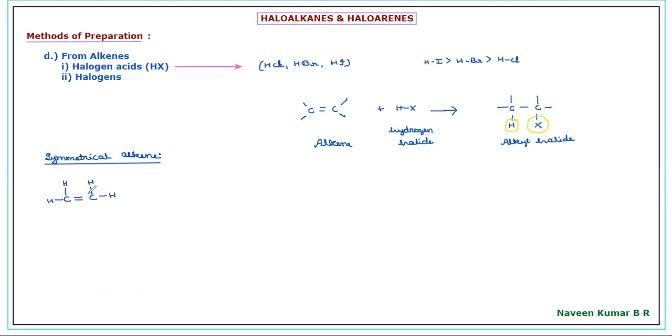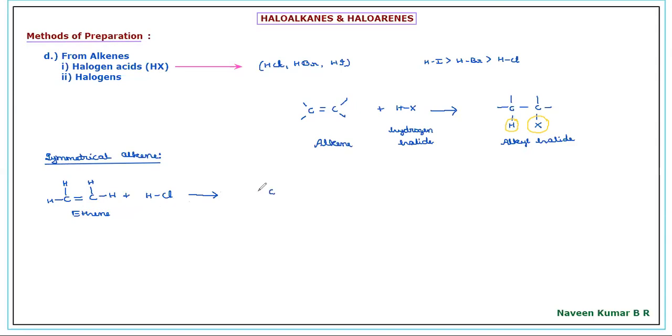Identical distribution of groups around the double bonded carbons makes it symmetrical. We'll consider the halogen acid as HCl or HBr. We'll take HCl as an example here. When ethene is added with the halogen acid, hydrochloric acid,